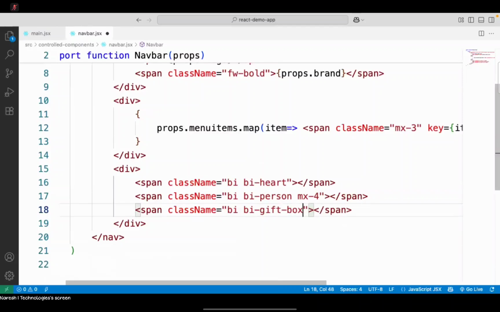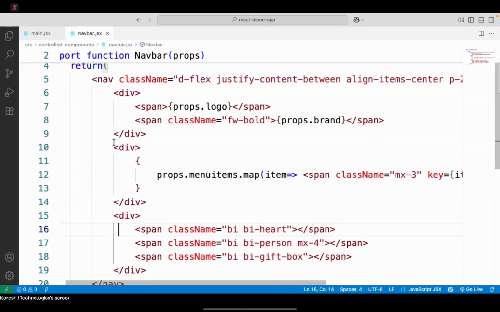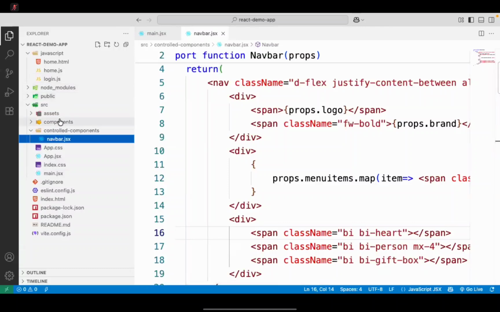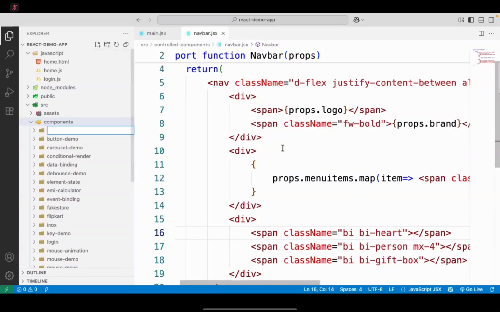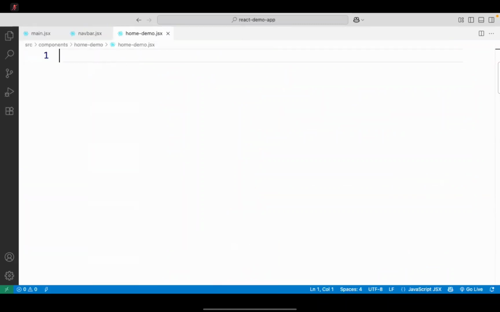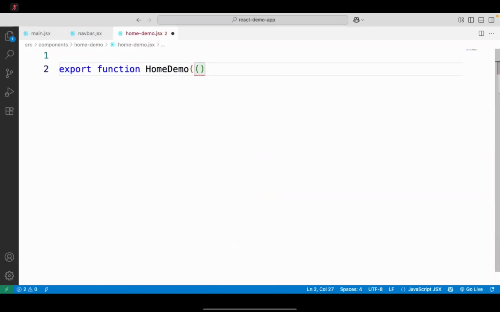Okay, gift box is there, fine. Now I want to use this nav bar in some component. Let's create a component, and I will create it here as home demo. I will put HomeDemo.jsx. I am creating export function HomeDemo, and in this component,